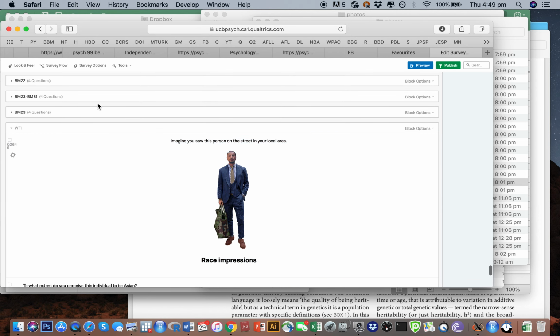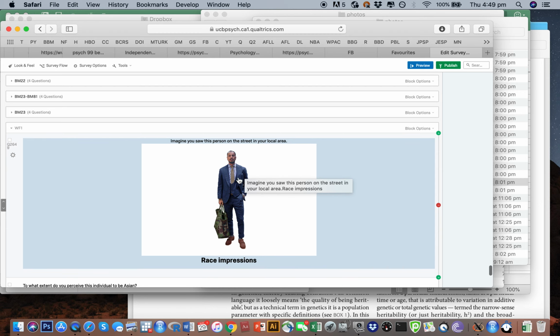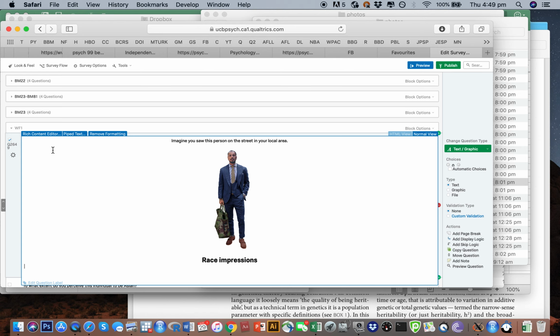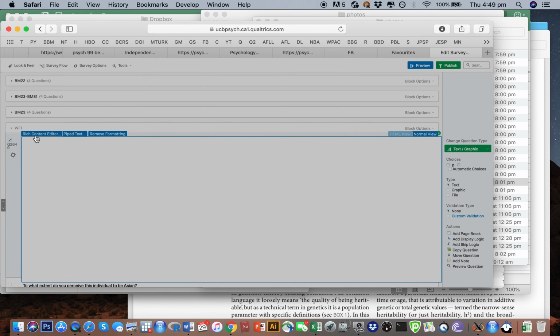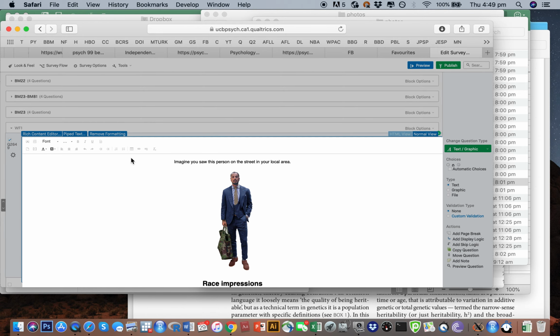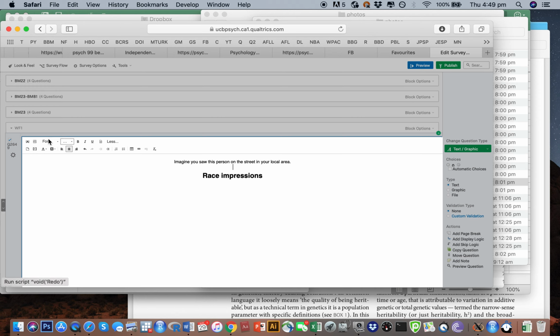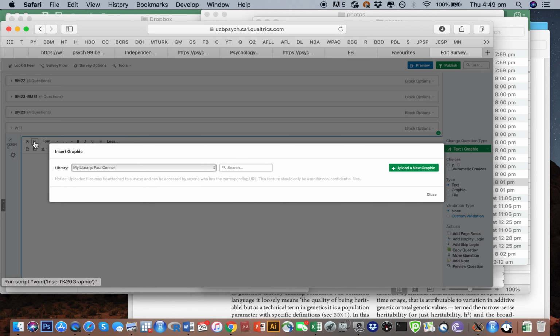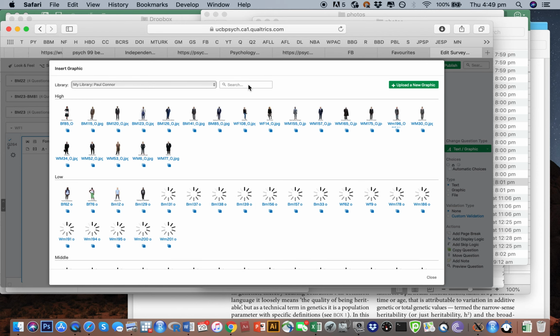It still has the same photo, so this is black male 23, so we need to change the photo. So I'm going to go here and say, okay, go to the rich content editor, delete that photo, and add the new photo. One thing that is going to save you a lot of time is that almost all these photos are already in there. So we just have to go WF1,